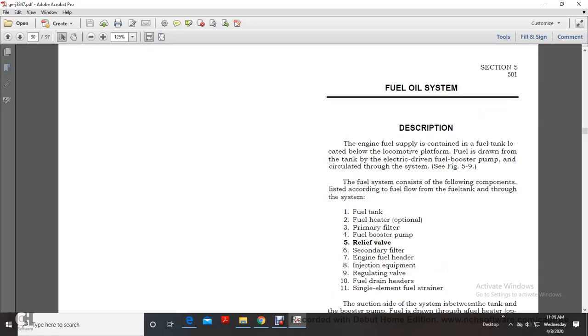Alright, Section 5, Fuel Oil System Description. Engine fuel supply is contained with the fuel tank located below the locomotive platform. Fuel is drawn from the tank with an electrically driven fuel booster pump and circulated through the system in Figure 5.9. The fuel system consists of the following components, listed in accordance with the fuel flow from the fuel tank through the